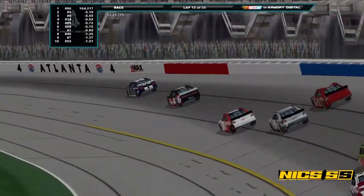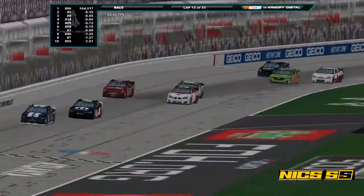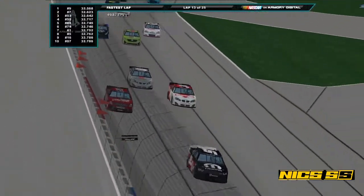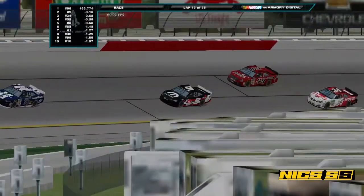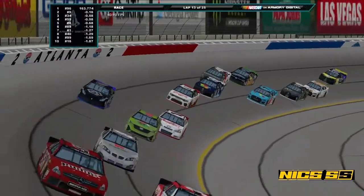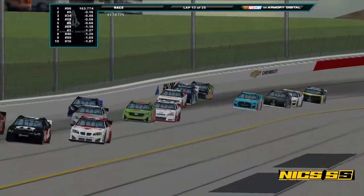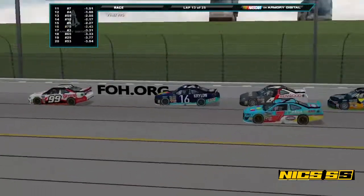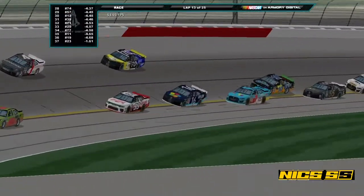We're going to be seeing pit stops pretty soon here. It will be around lap 14. The tires are basically dead by now. The fastest lap is currently held by Nick Baker with a 32.5. Lap 13, the last car in the top 10 is now the 16 of Fontaine. You have to be in the top 10 if you want to earn some points in this race. We are halfway done with this race, and all of the cars are within just 5 seconds